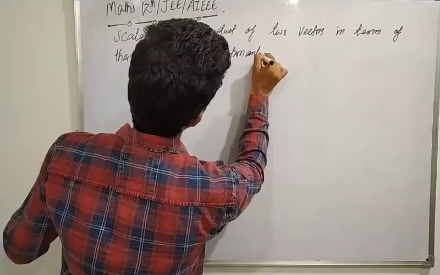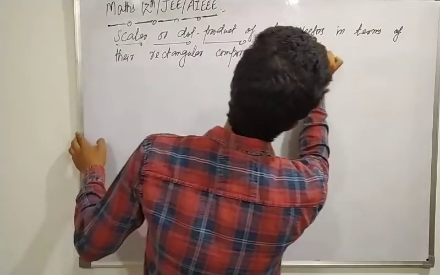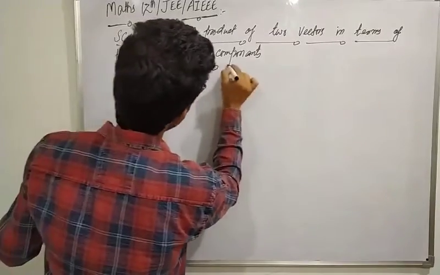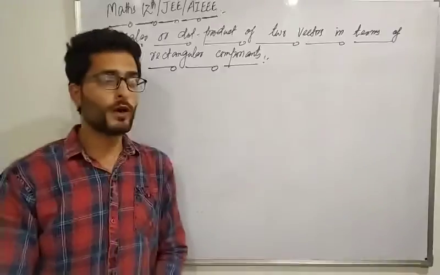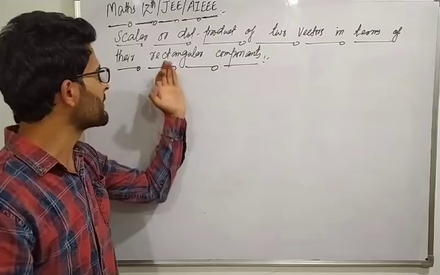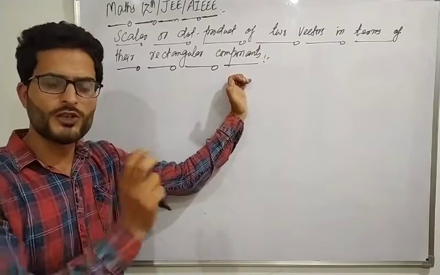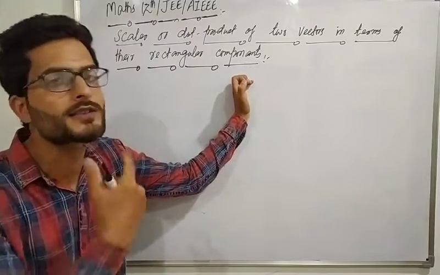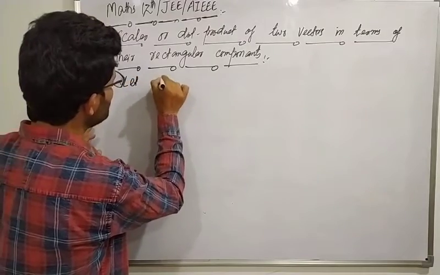अगर वेक्टर्स रिजॉल्व किए गए हैं स्पेस में या प्लेन में, तो तब उनके वो कंपोनेंट्स अगर वो रिप्रेजेंट किए गए हैं उनमें, तब उनका स्केलर या डॉट प्रोडक्ट क्या होता है। तो वही उन्हीं कंपोनेंट्स का दूसरा नाम हम रेक्टेंगुलर कंपोनेंट्स भी कहते हैं। तो इन दो वेक्टर्स जो रिजॉल्व किए गए हैं अपने रेक्टेंगुलर कंपोनेंट्स में, इनका डॉट प्रोडक्ट किसके बराबर होता है।